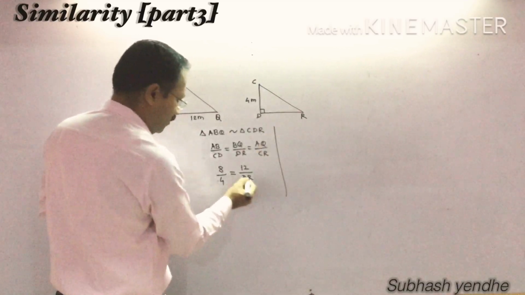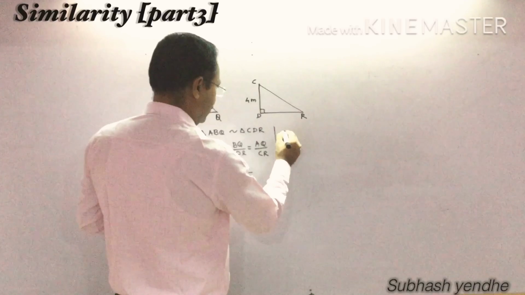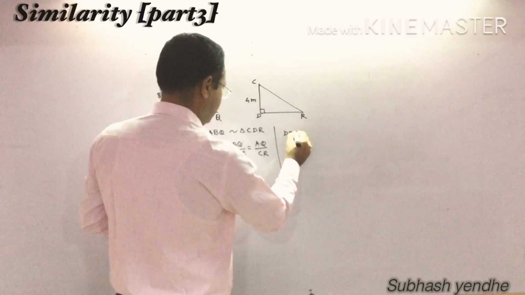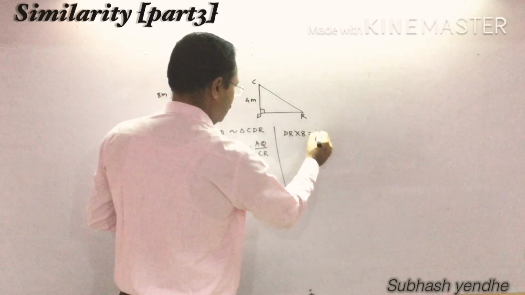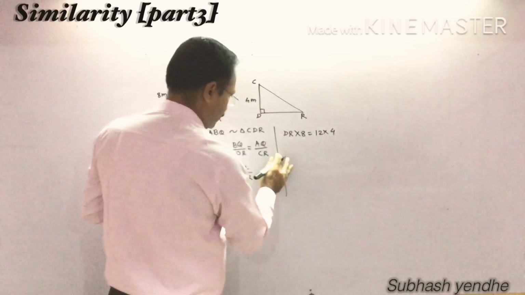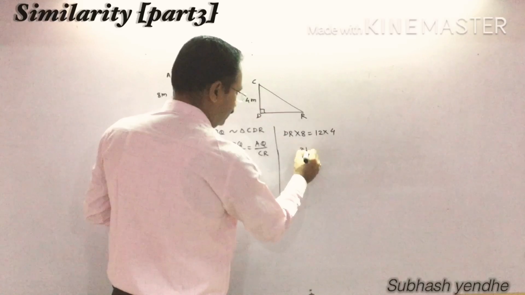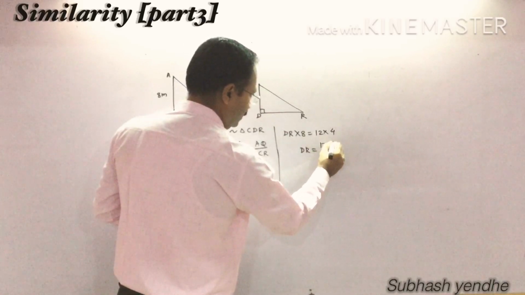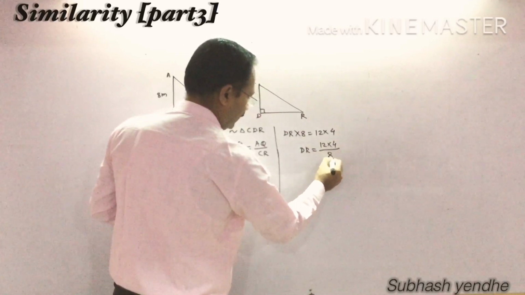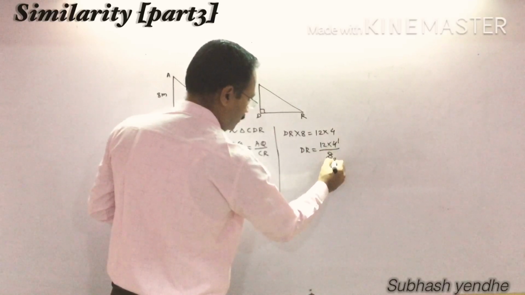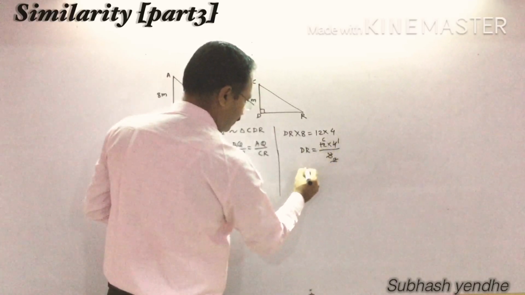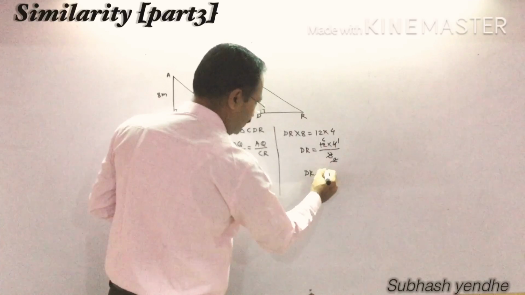If you cross multiply, you will get DR into 8 equal to 12 into 4. Now, this 8 goes on that side. So, DR equal to 12 into 4 divided by 8. 4 ones are 4, 4 twos are 8, 2 sixes are 12. Therefore, DR equal to